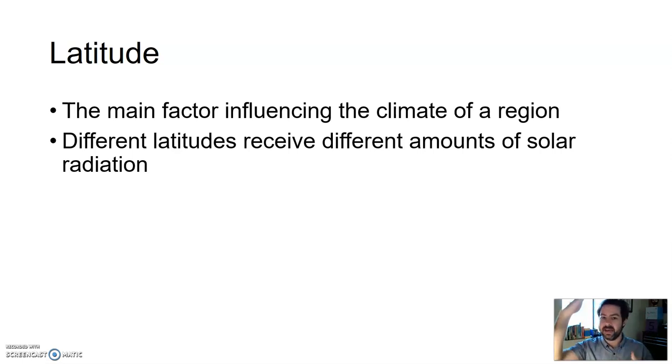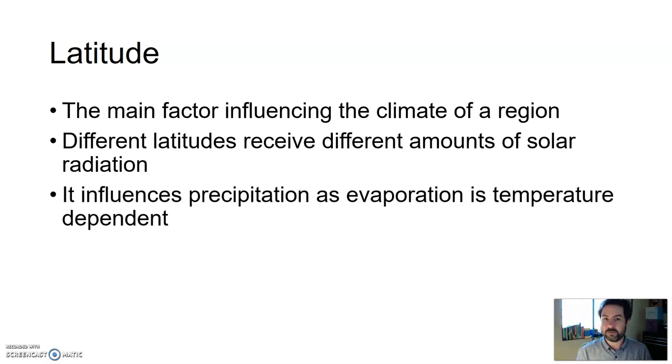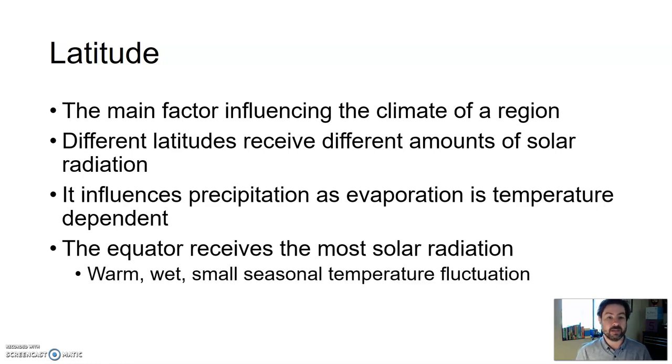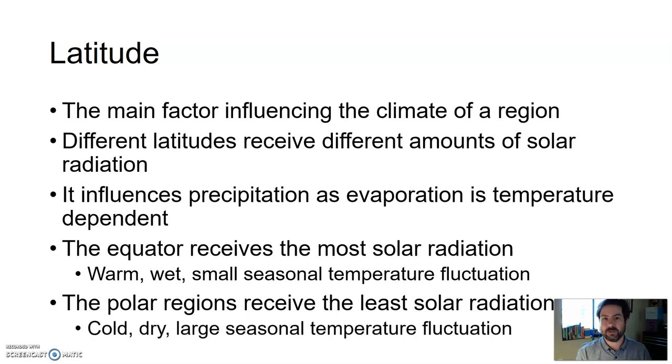And that's because different latitudes receive different amounts of solar radiation. Some places it's concentrated, some places it's more spread out. It also influences precipitation, as evaporation is temperature dependent, more on that later. The equator receives the most solar radiation, therefore it's going to be warm, wet, with small seasonal temperature fluctuations. Polar regions receive the least solar radiation, so it's pretty much the opposite of that: cold, dry, with large seasonal temperature